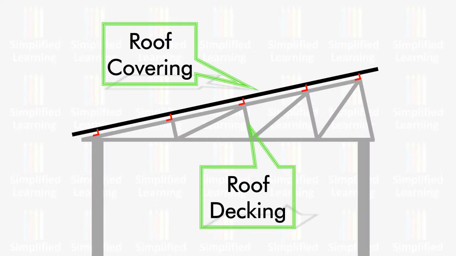Then in this diagram, we are seeing two end supports and a truss. Now where is the roof decking and where is the roof covering, as we said in the previous slide? Here the truss forms the roof decking. The platform was created by the truss, and over it a GI sheet or ACC sheet may be there, which forms the roof covering. What is roof covering doing? It is protecting the user from the forces of nature. And what is roof decking doing? Roof decking is holding that roof covering in position by means of some small components known as angle clips, which you can see in red color.